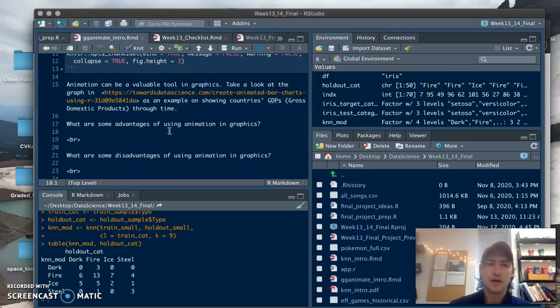Before we move on, let's think generally about the advantages and disadvantages of using animation in graphics. Since today we're doing things asynchronously, take about 30 seconds, not very long, to pause the video and see if you can think of some advantages of using animation in graphics like the example we just saw, and then some disadvantages. Okay,